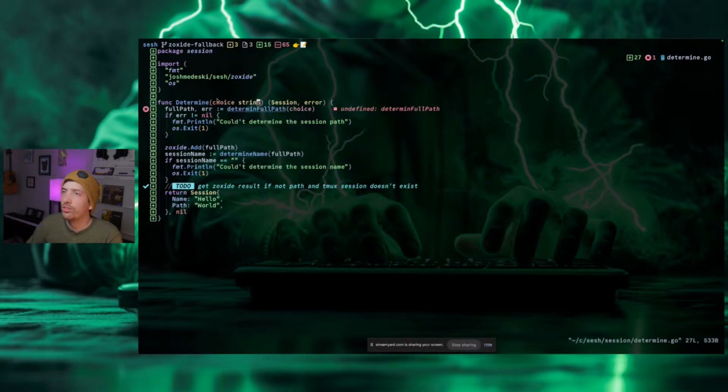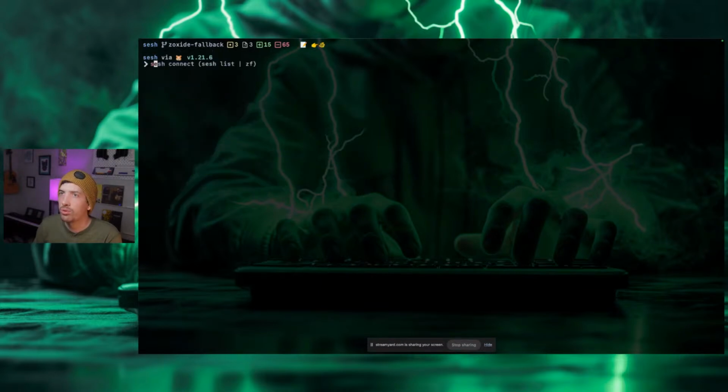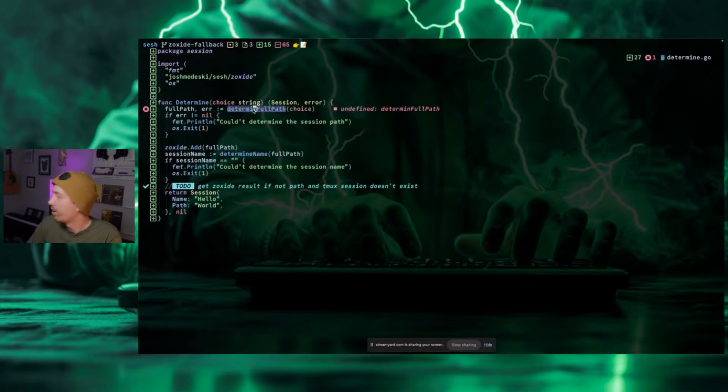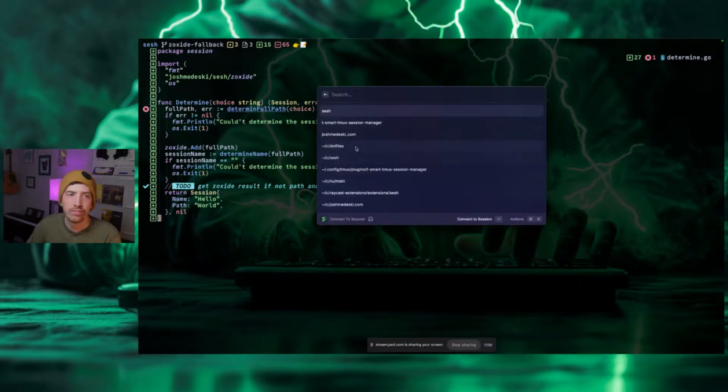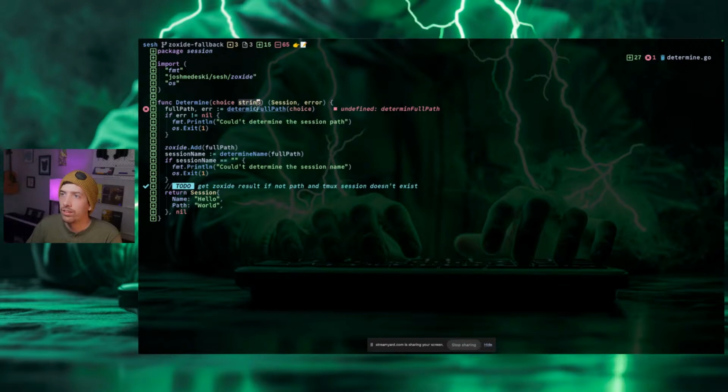So the choice will always be a string because that's typically coming from our fuzzy finder type tools. So this is a selection and it's just a string. It's always a string. It doesn't matter right now what technology we're using in order to interact with it. This is also a string. And so